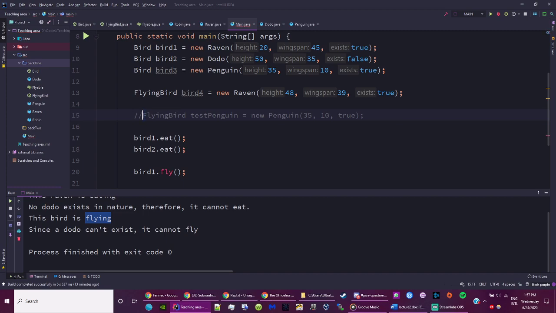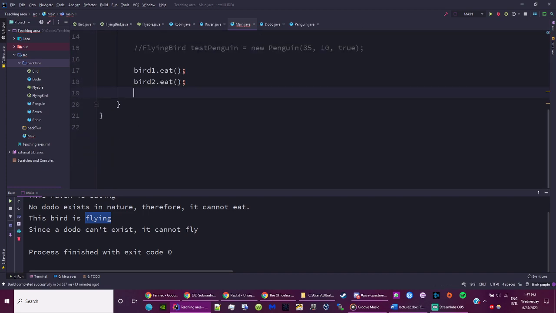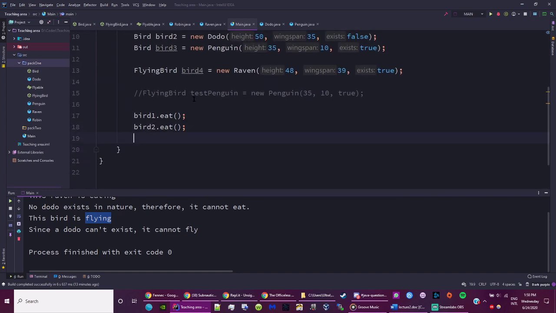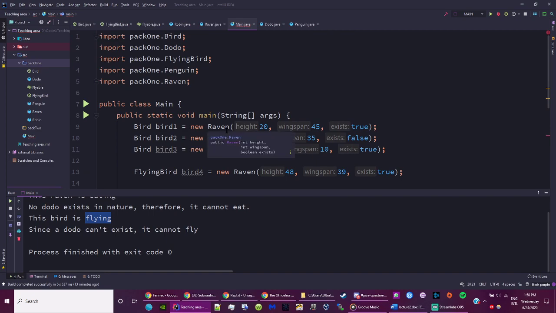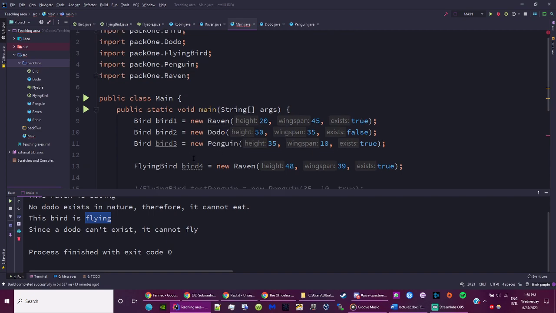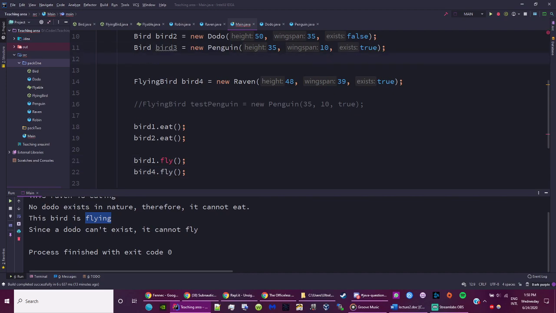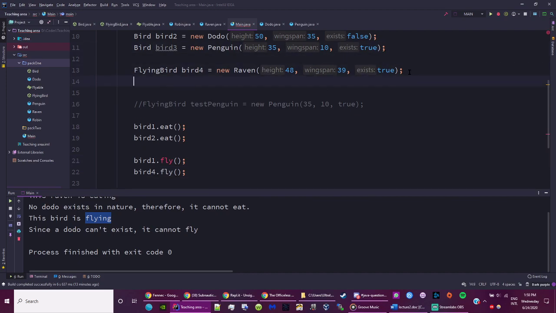And I will be transferring this code from IntelliJ to Replit, but just for lessons, I will be using IntelliJ. Actually, we'll bring back that fly method because we will be using that later. But we can say that for bird 4, we'll be using the fly method, and as well as down here,